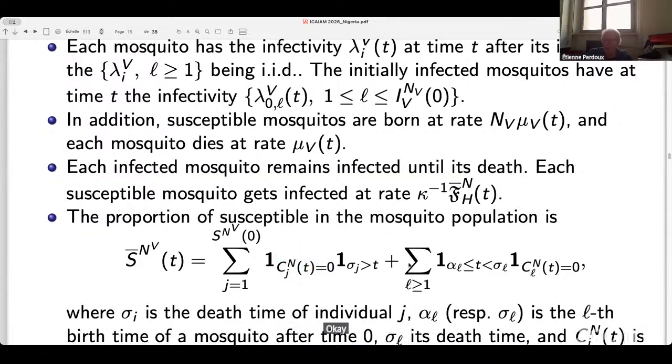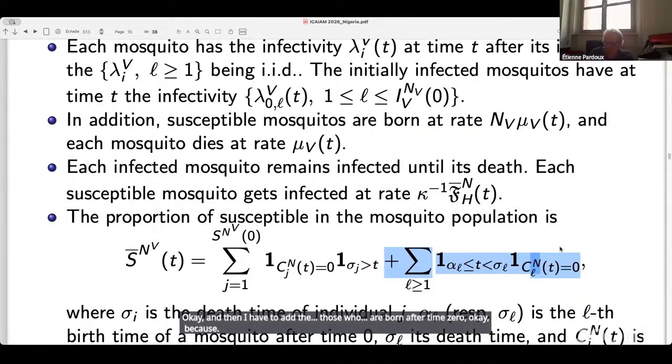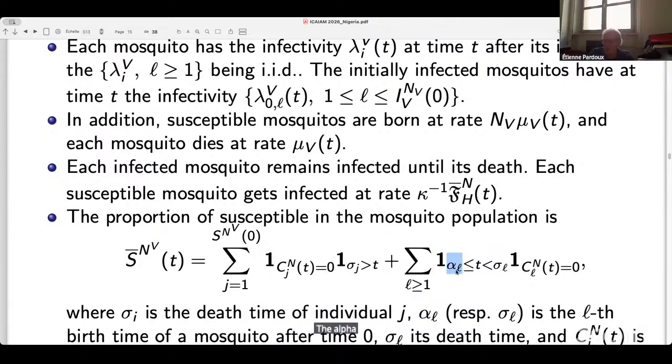Okay, and then I have to add those who are born after time 0, because there is demography, so there are the deaths, but there are the birth times. So the alpha L are the successive birth times of the mosquitoes, and sigma L is the corresponding death time. So the interval of life of the mosquito L is alpha L to sigma L,